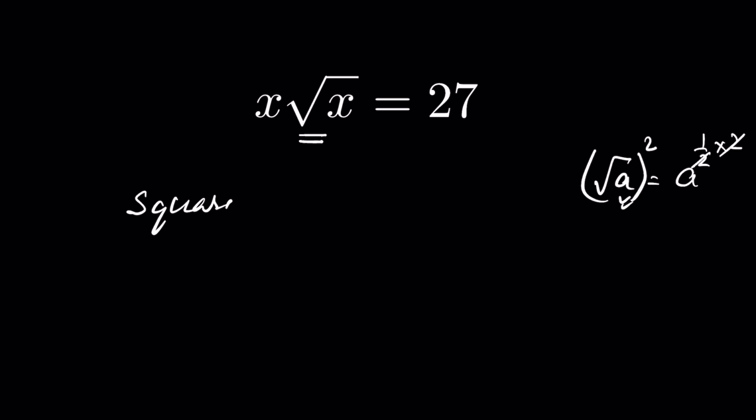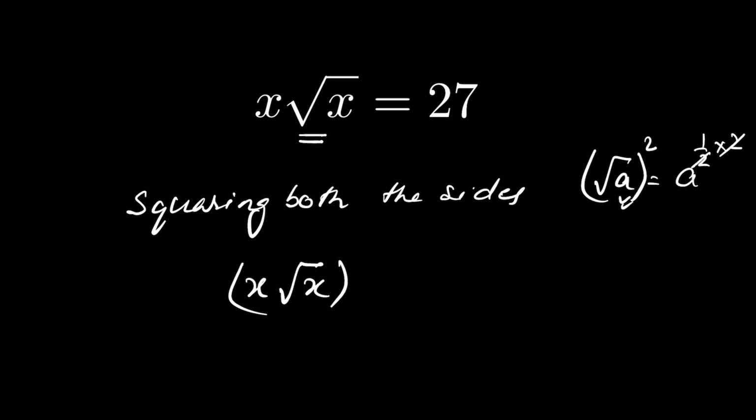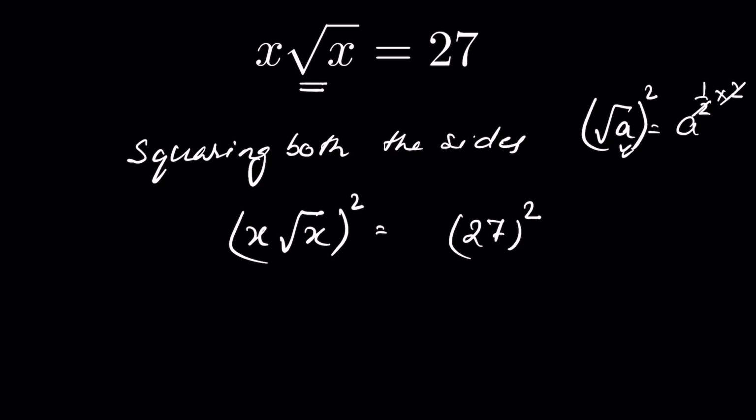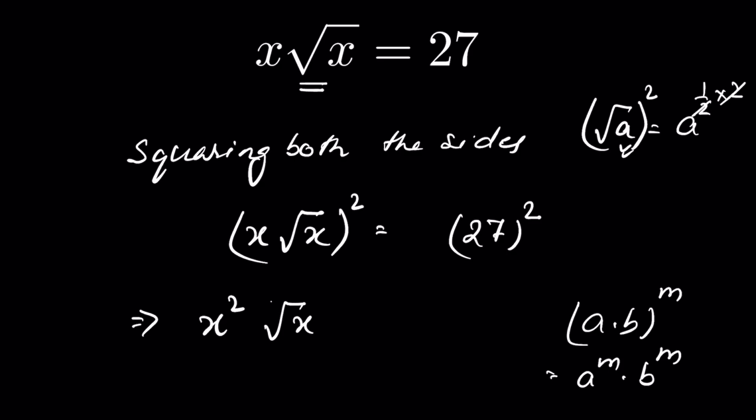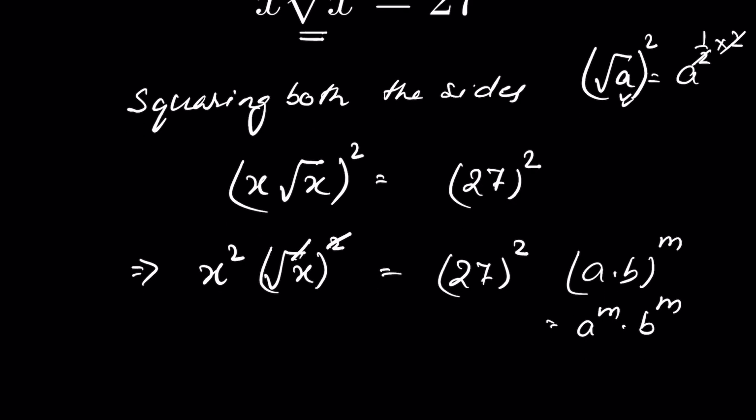So squaring both the sides, x times square root of x whole square is equal to 27 square. Now when a times b whole raised to the power of m, it is equal to a raised to the power m times b raised to the power m. Therefore it will be x raised to the power 2 and square root of x raised to the power of 2 is equal to 27 raised to the power of 2. Now this square root gets removed with the square. Now it is x raised to the power of 2 times x is equal to 27 raised to the power